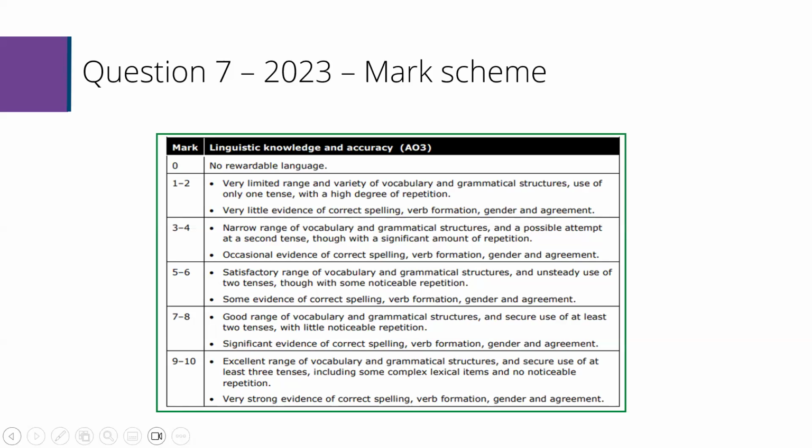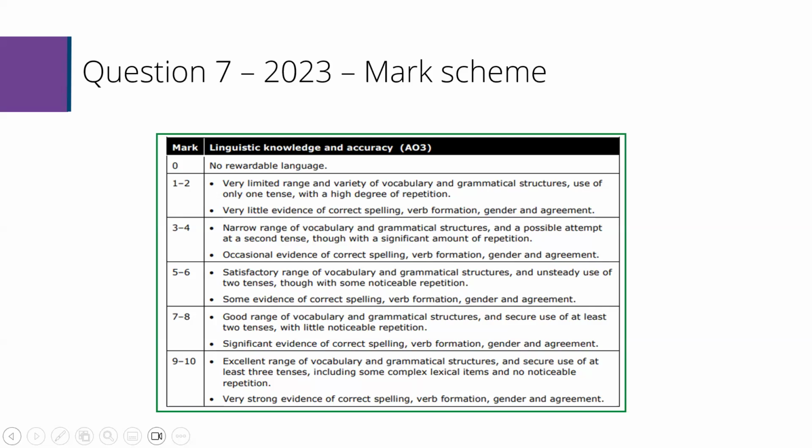And that secure use might mean that we're showing, as I said, a range of different verbs, some regular, some irregular, a range of different persons, and that we might be using different tenses within the same time frame, so that we've got simple past and imperfect,